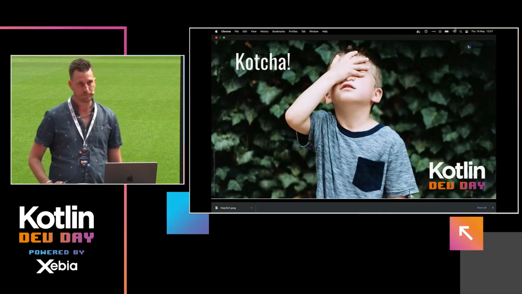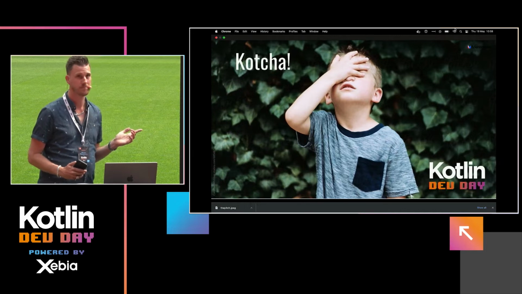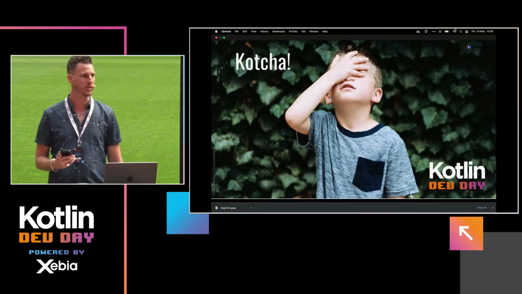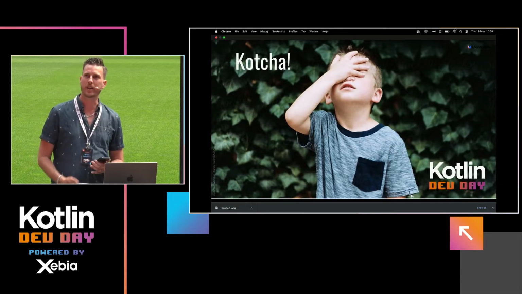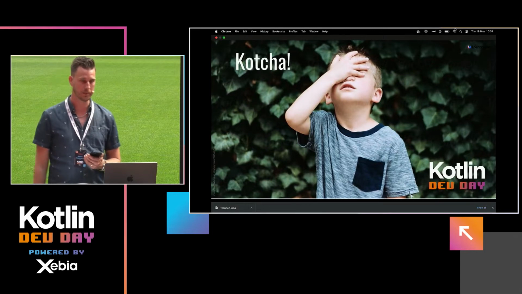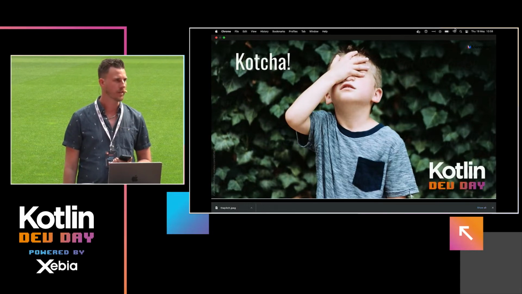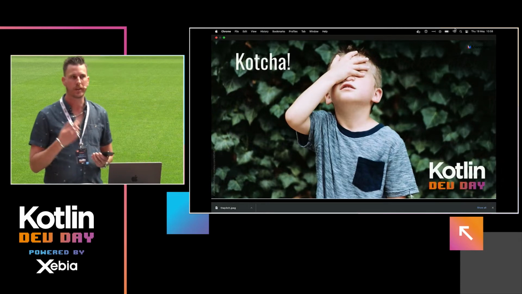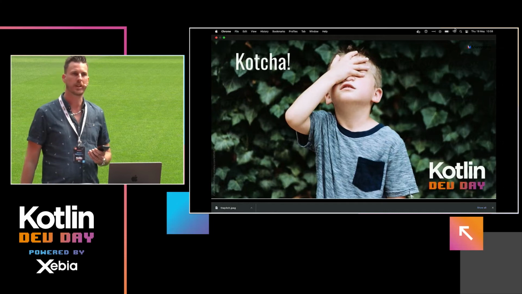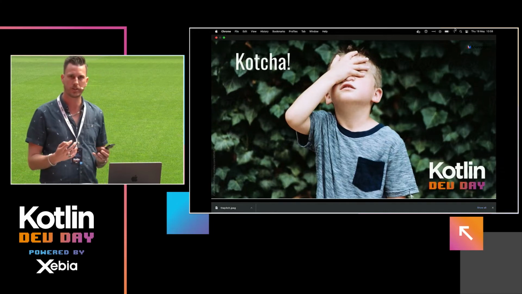Have you ever felt like this kid on your job? Every day, exactly, yeah. Well, I have it a lot too. And especially when I got into Kotlin development, I felt like this kid many times. And even now I do have some experience. When doing a Kotlin training or on a Kotlin assignment, I often still encounter situations where I cannot simply wrap my head around what is going on.